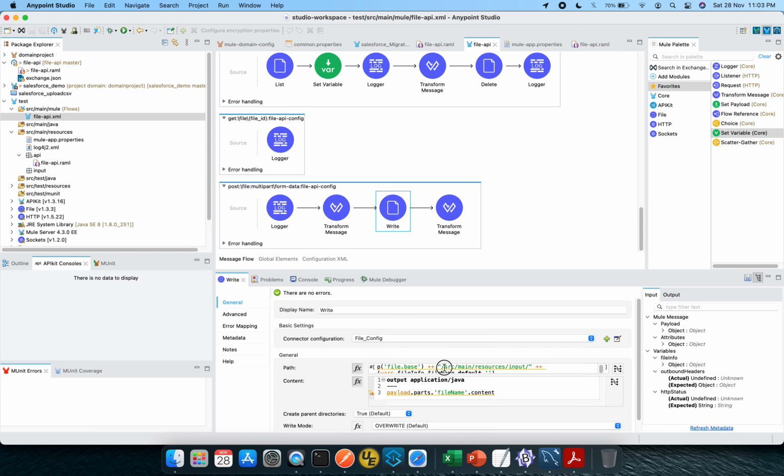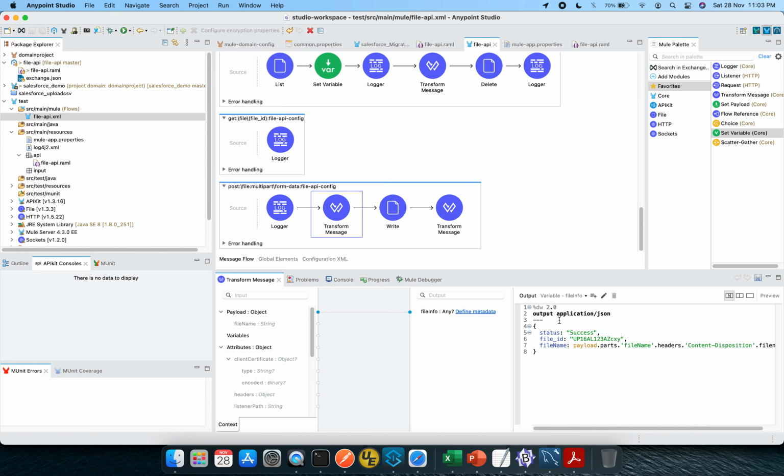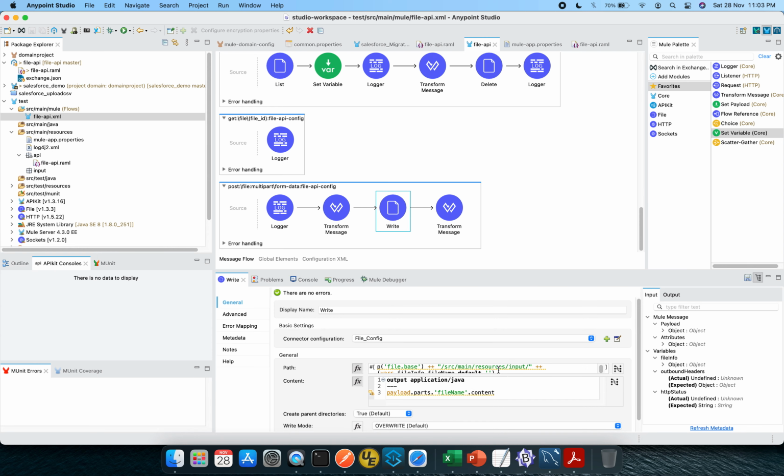After that, this is the src main resources input, and there is a file info file name which I have configured over here in this file info, and the content is being passed from payload parts file name.